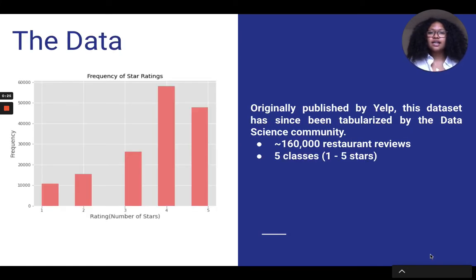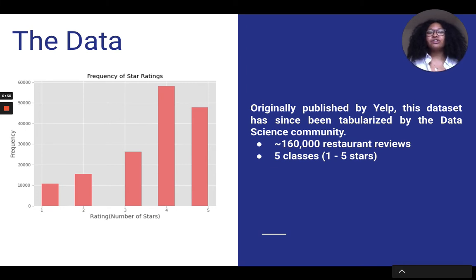The dataset that I used was originally published by Yelp and contains over 200,000 reviews about various businesses throughout Arizona. I specifically wanted to focus on restaurants because dining experiences can be hard to quantify. On top of the price of a meal, there are things like the ambiance, the customer service, the view, the overall vibe. And I wanted to see if machine learning had a role in uncovering some of these elusive